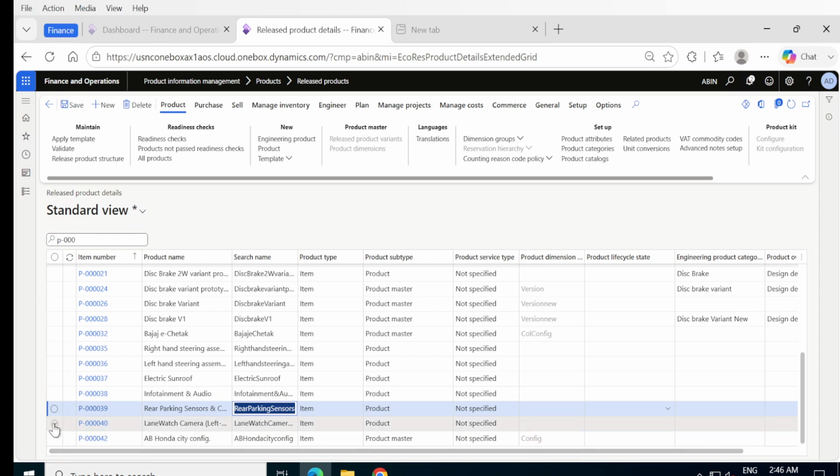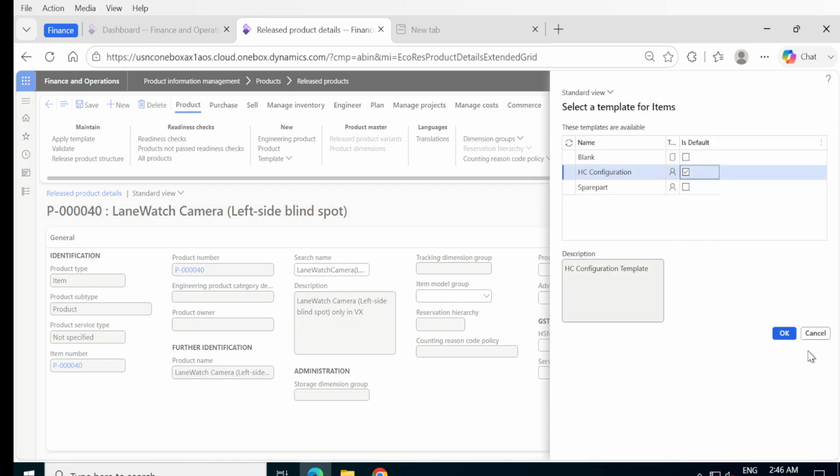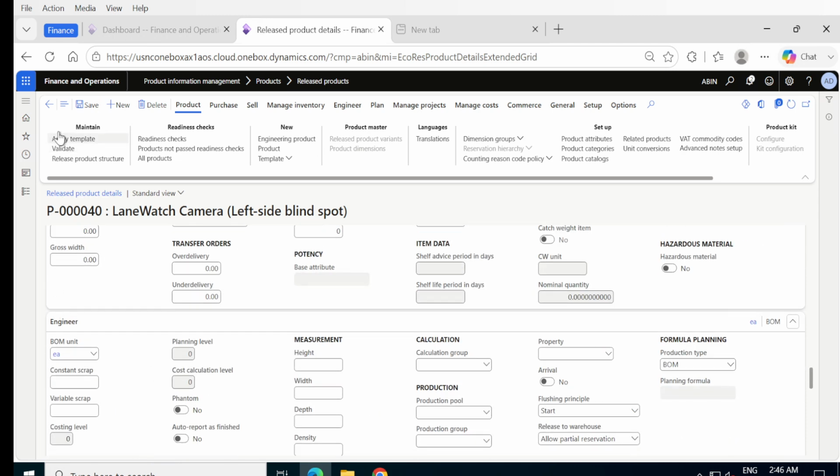lane watch. Okay, apply template. Save it. Okay. Now,